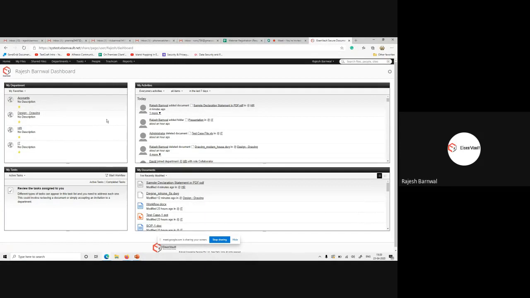Now the fourth type of workflow is a group. This workflow enables you to set a review or approval, assigning tasks to a group, a number of people at a time. You just add a group and it will go to everyone who is on that group. Okay. So for the group review, I'll go to the accounts team.